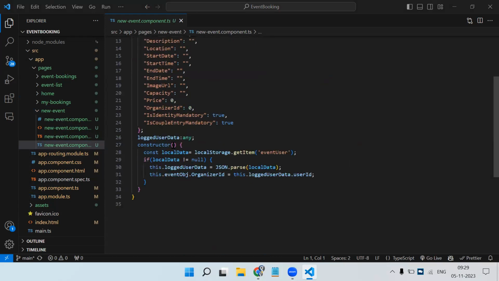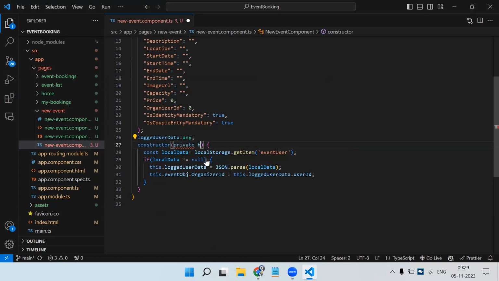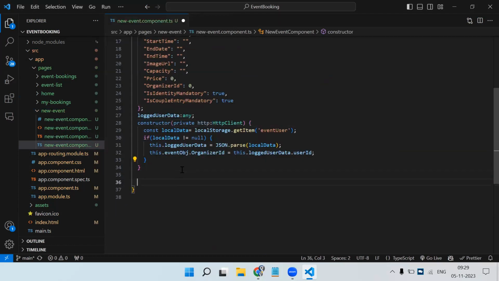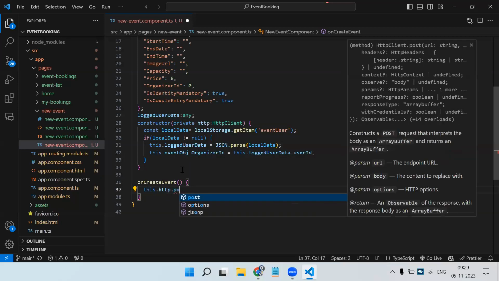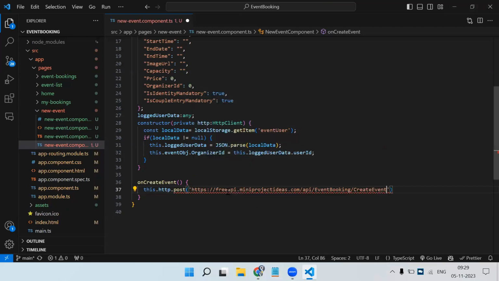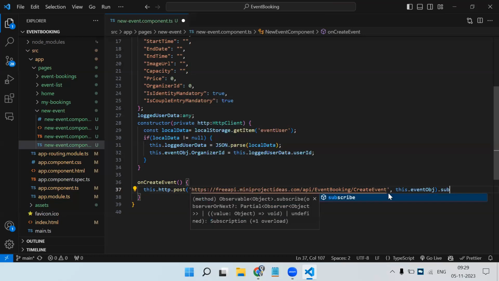So first thing, we have to create the object of HTTP client, right? We are going to make the API call. So we need the HTTP client object, client, then on create event function, then this dot HTTP dot post round bracket. First parameter is the URL. So this is the URL. Then we need to send the object also. So this dot event object, then dot subscribe method,